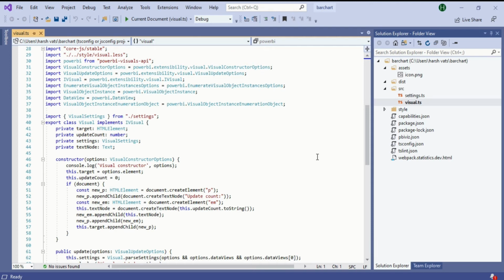D3 is data driven documents, which is a JavaScript library that will help you in managing all the documents that you create within your custom visual. For example, in a bar graph there is more than one bar available to you. If you use SVG, every time you introduce new data or increase the size and width, you have to make changes in the bar chart. So regarding that, we have to talk about some management program.